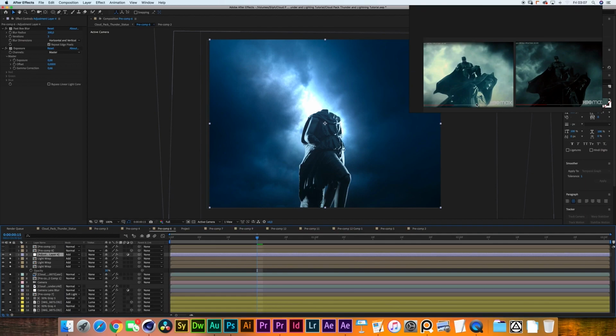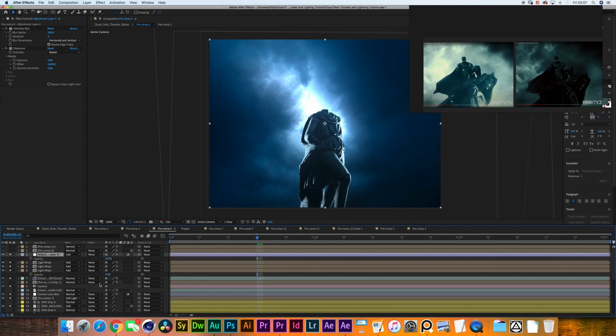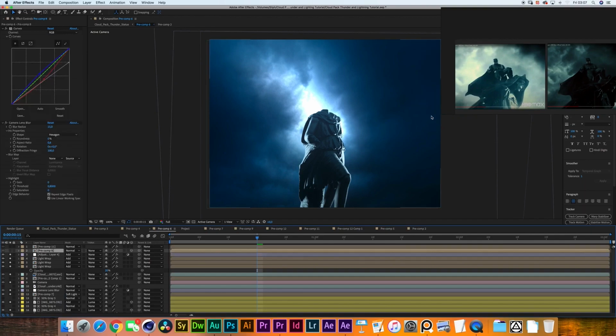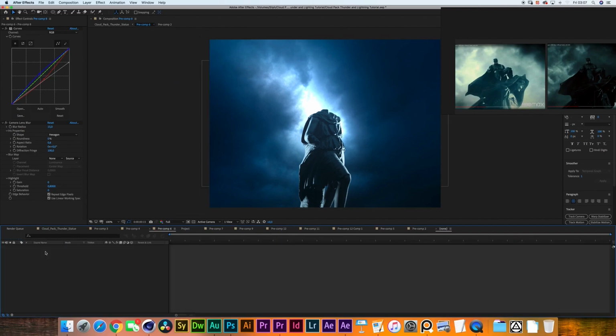So when something as bright as this lightning would strike, you would get a lot of bounce light from the environment. A nice way to do that would be this: having an adjustment layer that blurs out your entire shot, and then you use a gamma correction to crunch it a bit down so you don't completely lose all of your shadows. Then you set that to add, and there you go, you have introduced the bounce light from the environment. There's one more thing I did before I talk about the rain, and that's this pre-comp 8